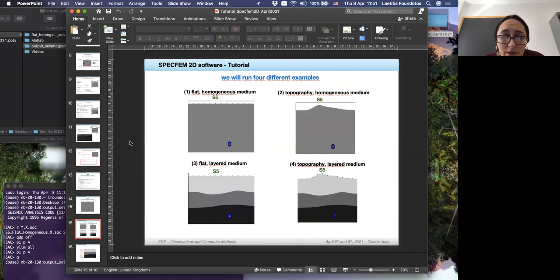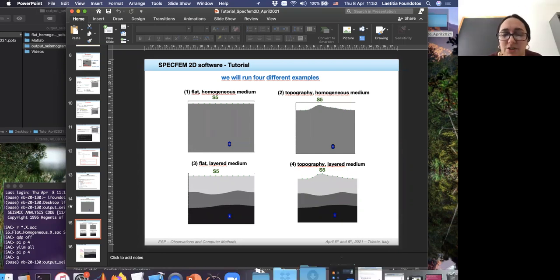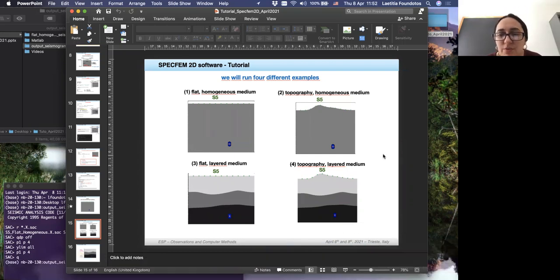Yes, this is what we call numerical noise. To be honest, I do not know exactly where it comes from. I cannot give you a clear answer, but we call it numerical noise.